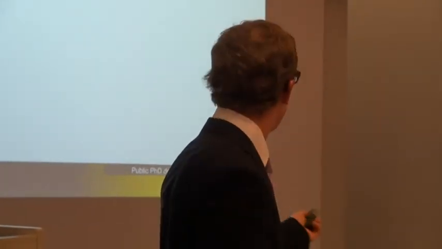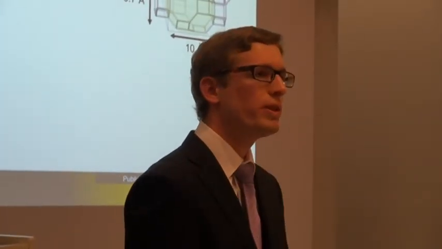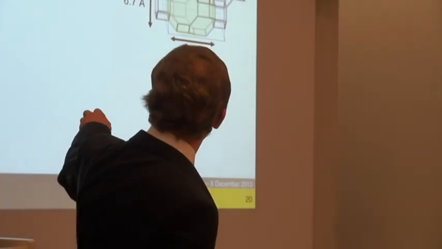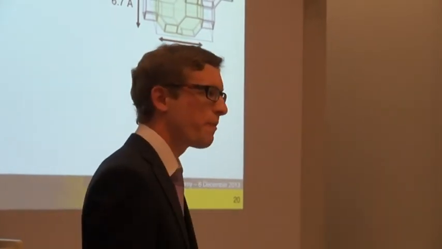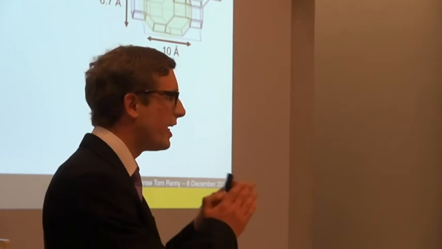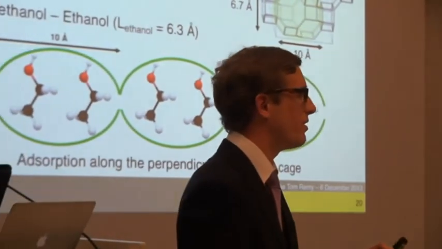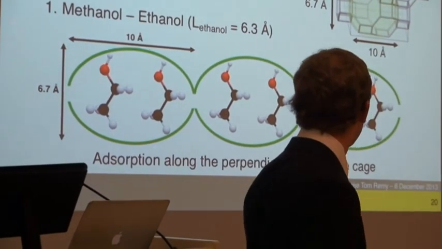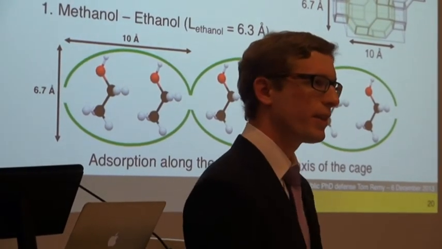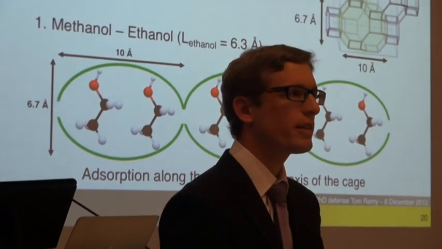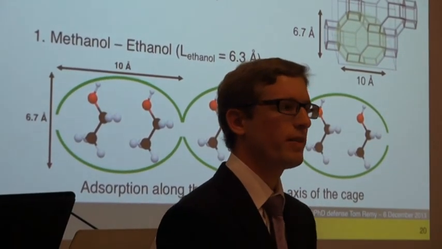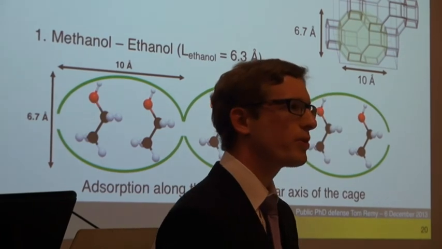What we do here is to compare the length of the alcohols with the dimensions of the cage. And this is the cage of the adsorbent. So we have a width of 6.7 and a length of 10. And before the first cutoff, I have methanol and ethanol, and they are in my pore along the perpendicular axis, like this. And between the first and the second cutoff, I have propanol and butanol, and they are in the pores not along